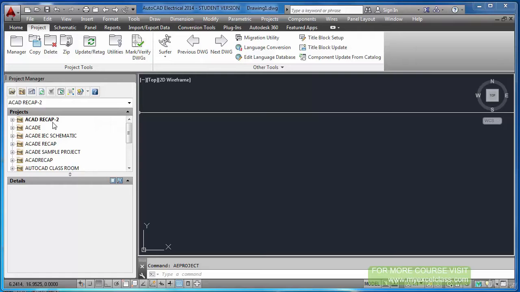But once we go through each session individually in the coming sessions, that will make it easy to understand this project manager tab. So anyway, let us go through some basics.